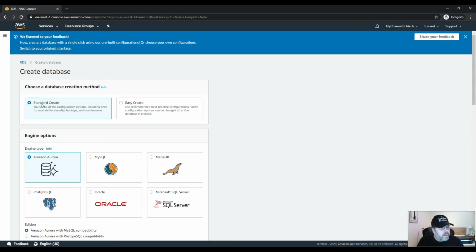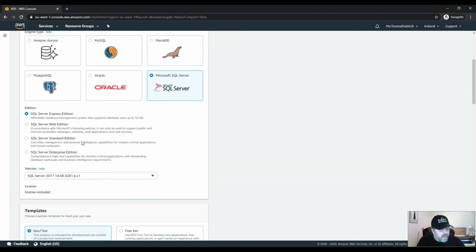So we click there. You've got your Easy Create, which I've done before, and Easy Create will create the VPC and security settings and everything for you. The one thing that I found with using Easy Create is that you will struggle to access your SQL Server if it doesn't have a public IP address. So let's do our settings ourselves. I haven't done this before on AWS, but let's see how it works. So we'll set up a Microsoft SQL Server,